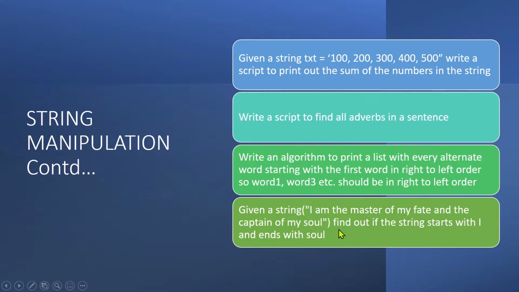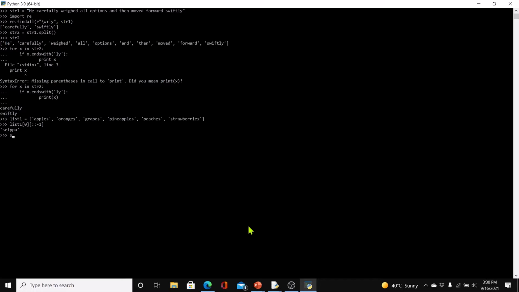Find out if the string starts with I and ends with soul. Now again, we can use regular expressions here, right? Or we can use Python's functions, startswith and endswith. So let's first look at regular expressions. We have our str1 equal to,